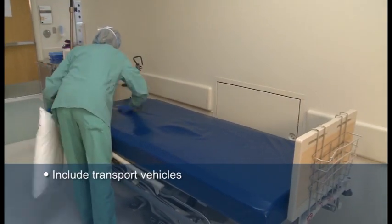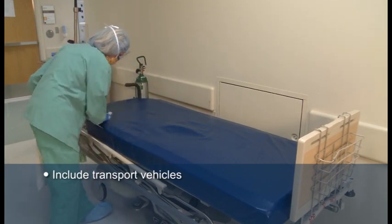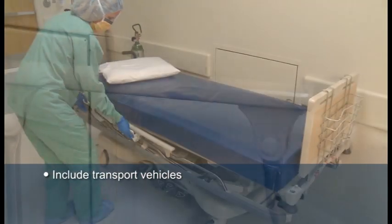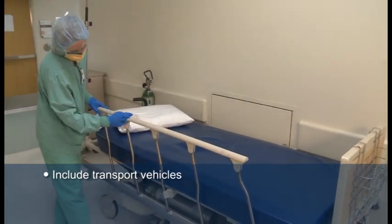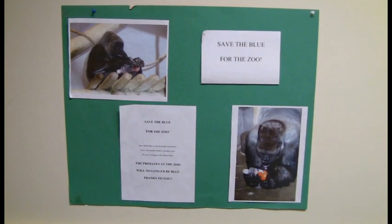Transport vehicles should be considered contaminated after patient contact. They should be cleaned after each use by wiping the vehicle, including any non-disposable straps and attachments. Transport vehicles should ideally be cleaned outside of the procedure room to prevent potential contamination of the OR. AORN recommends that recycling programs